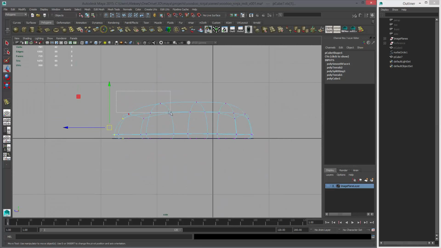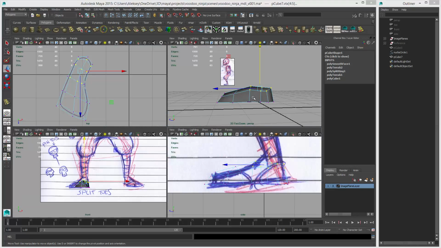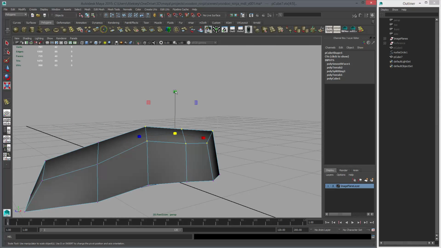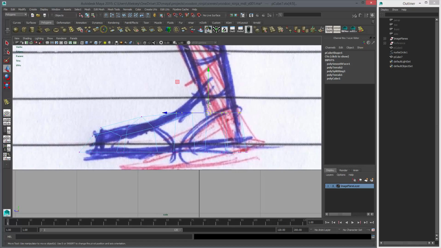And then from the front, we can turn the image plane back on, and then we can work with this. I'm going to select these vertices here, and let's take a look at what this looks like. So we're going to flatten these. You can do that, just scale down. Scale it like that,